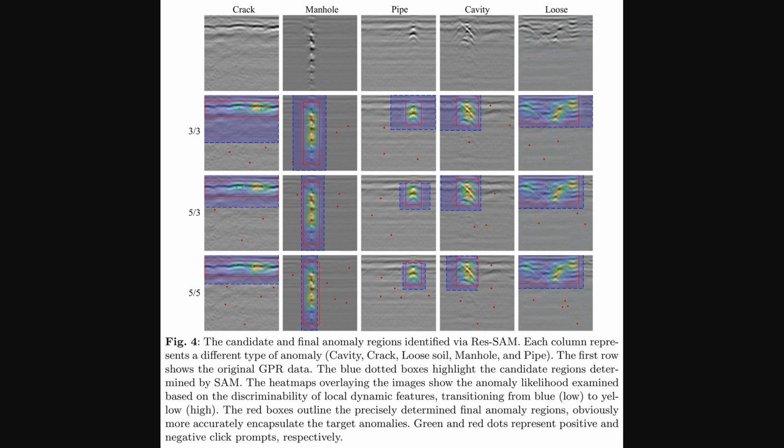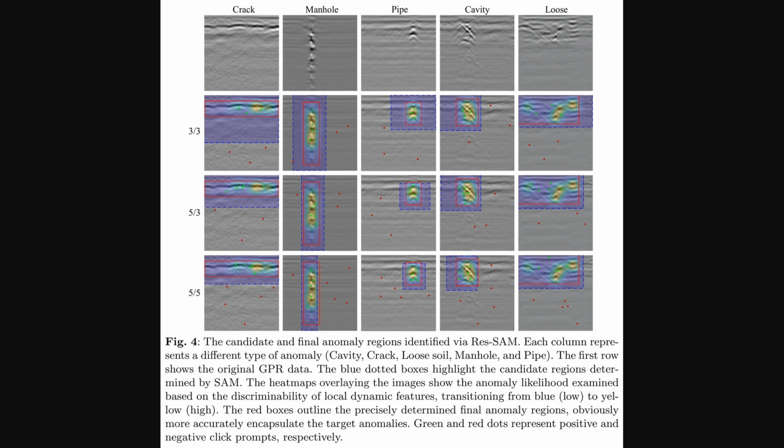You can see the initial, broader candidate region suggested by the segment anything model as a blue dashed box. But then, the heat maps, which transition from blue for low to yellow for high, show the anomaly likelihood calculated from those local dynamic features we talked about. This refined understanding leads to the final, much tighter red box, which is the anomaly region pinpointed by the full